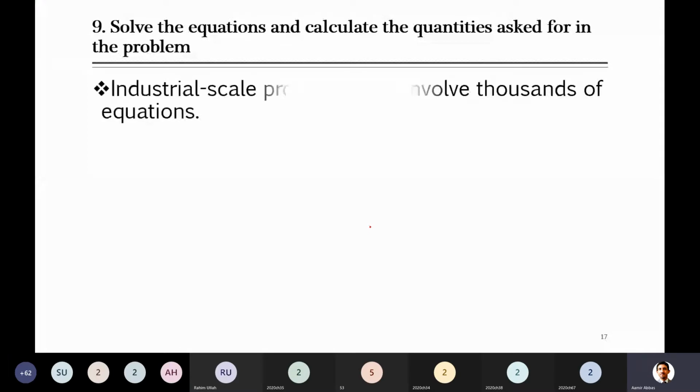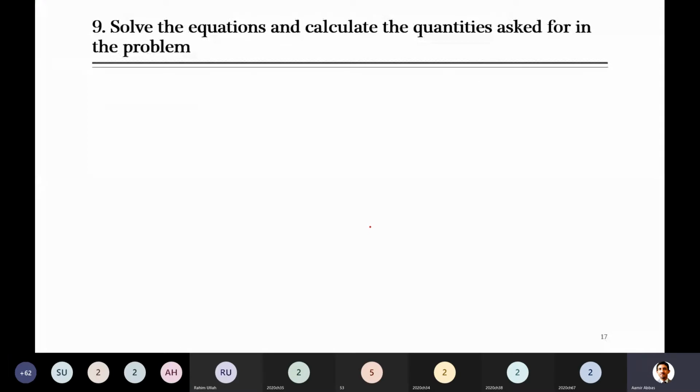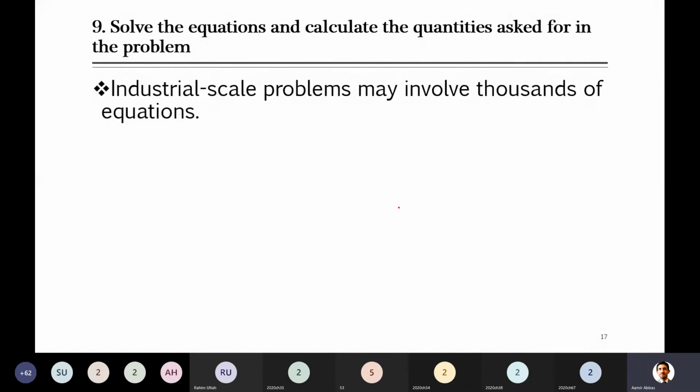Right. The next step: up to here you know what I have to find. For example, I have to find the amount of benzene, toluene, maybe their composition, anything. I have to find any flow rate. In mass balance, as I already explained, most of the time you have to calculate either flow rate or composition. These are the two main things you will be calculating throughout. Up to here, you know what my unknowns are as well as what the equations involved are. So when you know the equations up to step 8, you can now solve them.